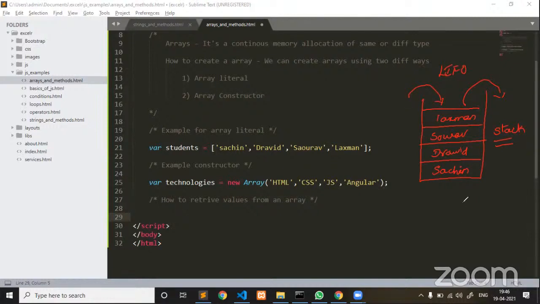Whereas coming to the queue, first in, first out, FIFO. This is an example for a queue. Now, an array follows stack order.